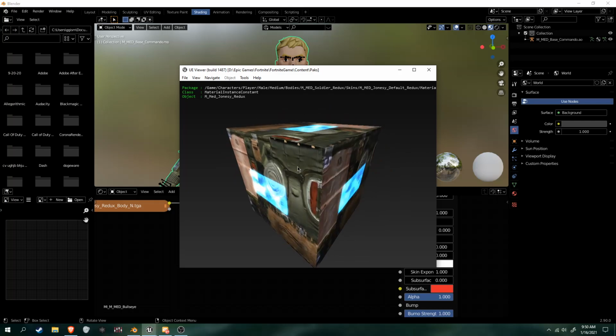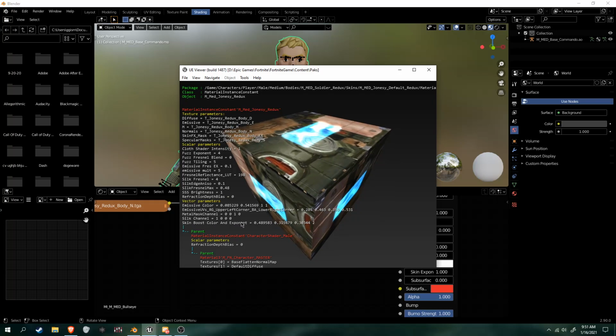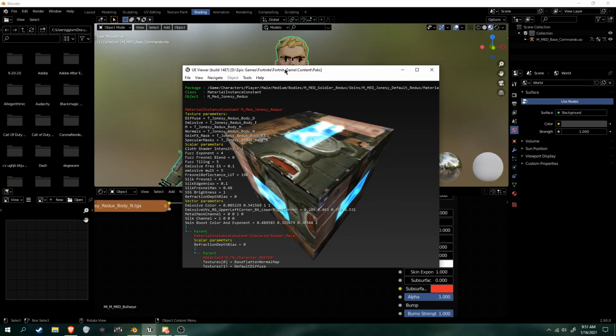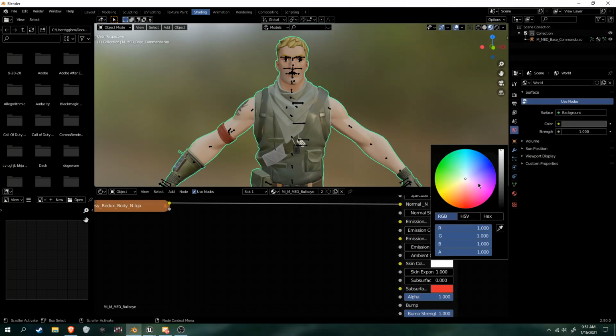What we're going to want to do is hit M on our keyboard. And then right here we get skin, boost, color, and exponent. What we're going to want to do is input those values as our RGB values in this right here by just clicking on it and then typing them. You can round up to the thousandth, I believe, and it'll look pretty similar, but I'm going to type out the whole thing, which in this case is